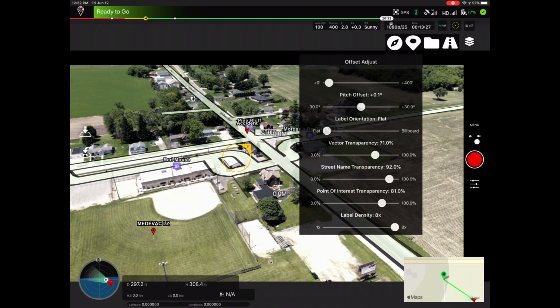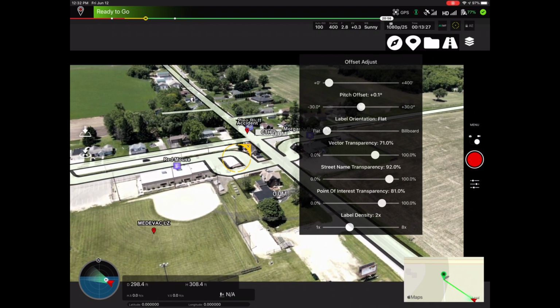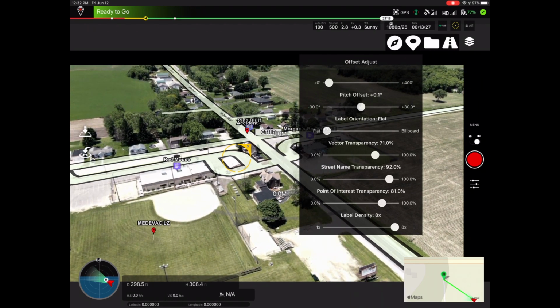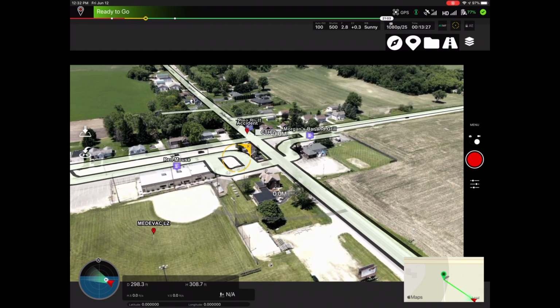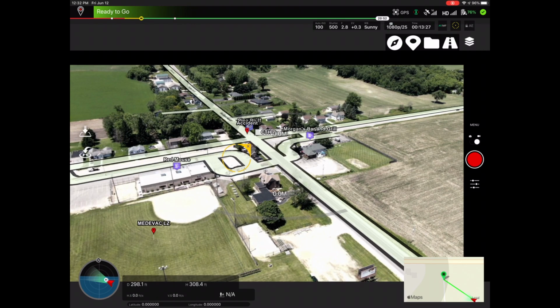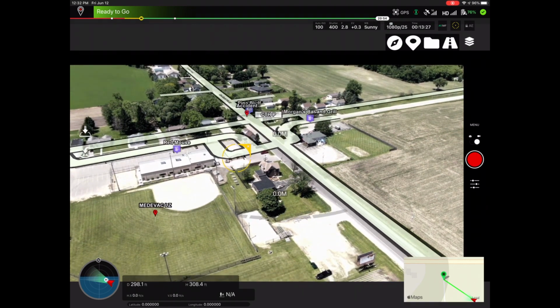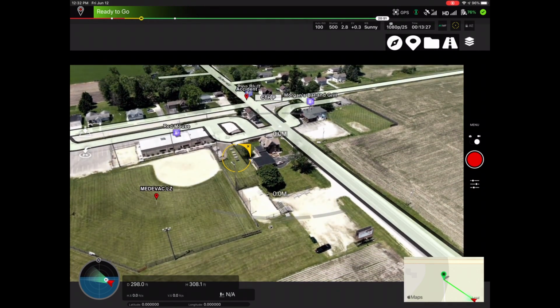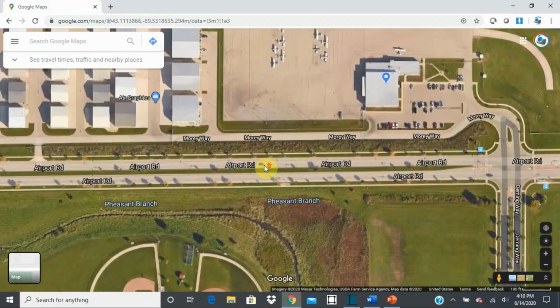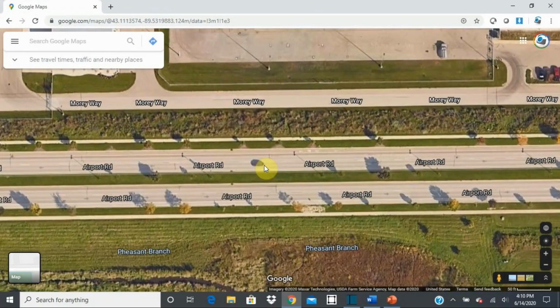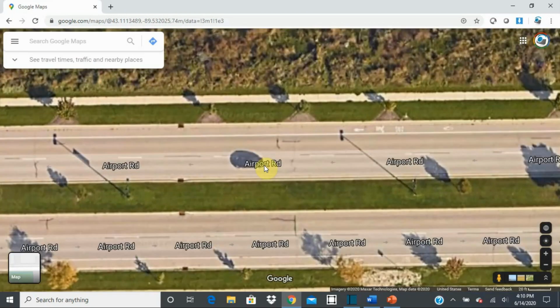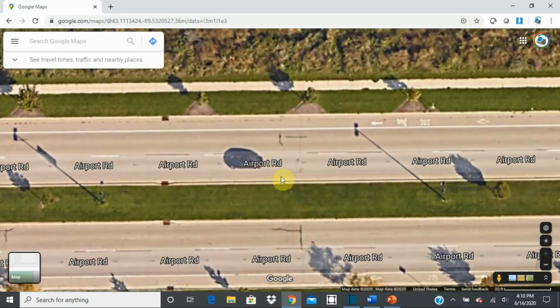Finally, there is also a street label density slider. This slider allows you to adjust the density of the street labels. When you increase the label density, the number of times the street name is repeated across a given stretch of road increases. This is best used if you are trying to identify a road within the video, but due to your aircraft's position and viewing angle, the street label is just off the screen. By increasing street label density, you can have the name repeat and populate the area of blank road that is